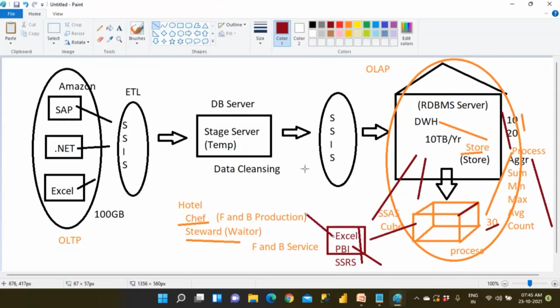If you give the burden to this fellow, he will cry. If you give the burden to this guy, he will also cry. So it is better to give it to one more department. This guy can handle it properly. That department is called the analysis department. He is going to be aggregating. So at the end of the day, you have the data, and you need to aggregate and show the data.